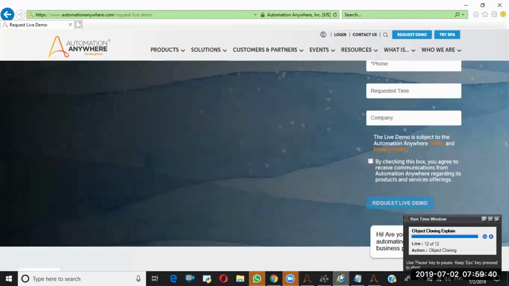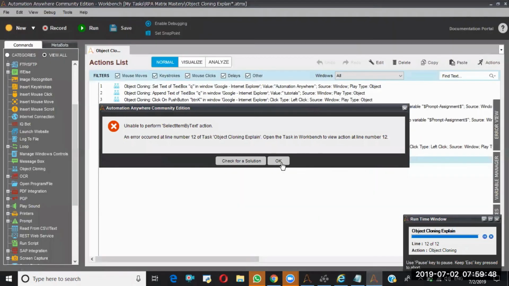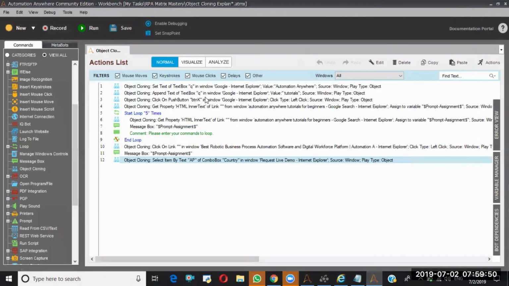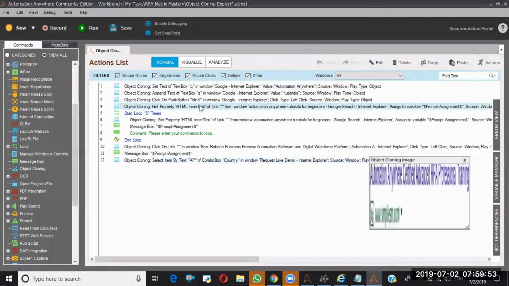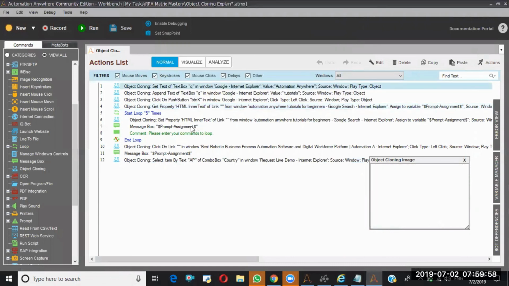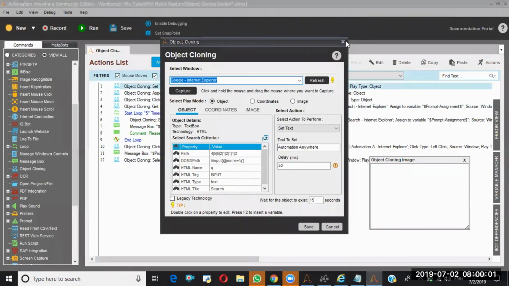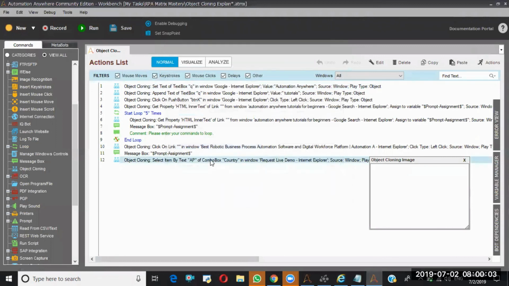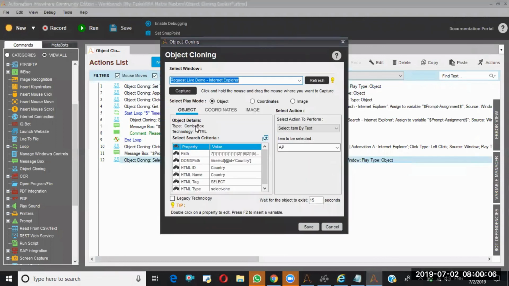The reason is here I am saying I need to select the item based on the text. So that is the combo box right here. See here, if you observe this one, it is the link. Before that, if you observe this one, it is the text box. If you come here, the type is combo box. Combo box means they will give you multiple options. From that, you need to select the one. So AP is not there in the given list. That's the reason it is giving an error. So like this, combo boxes will work.